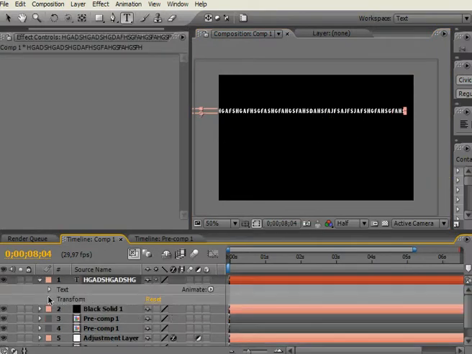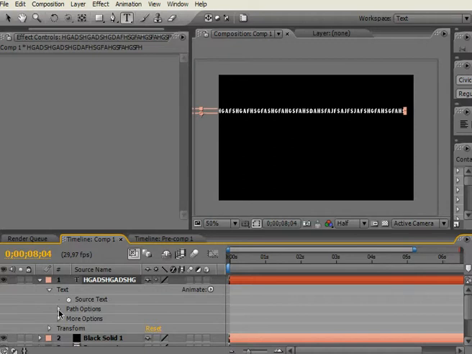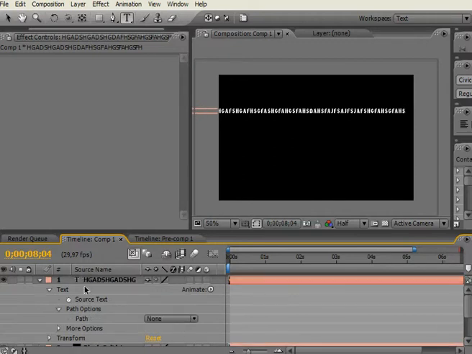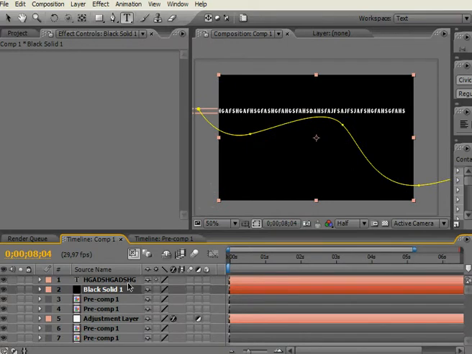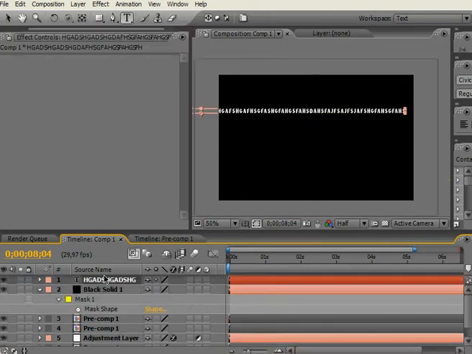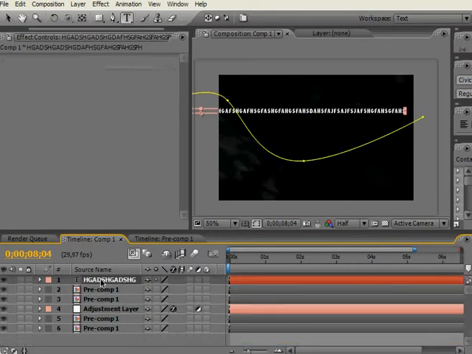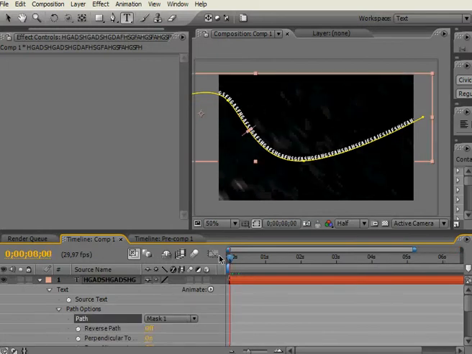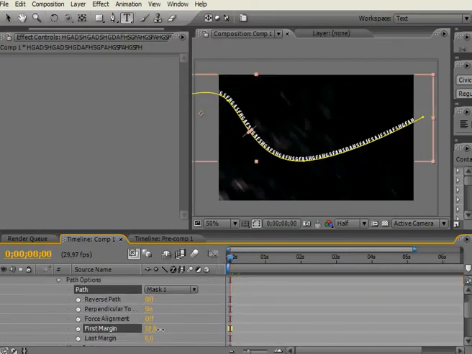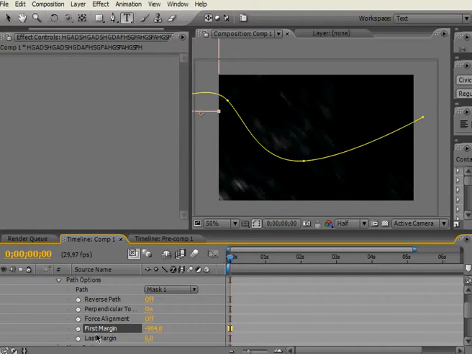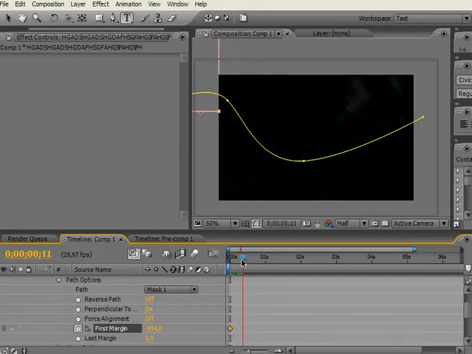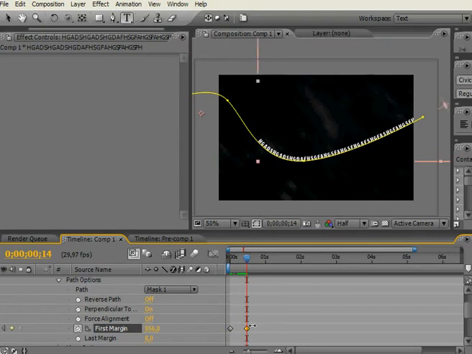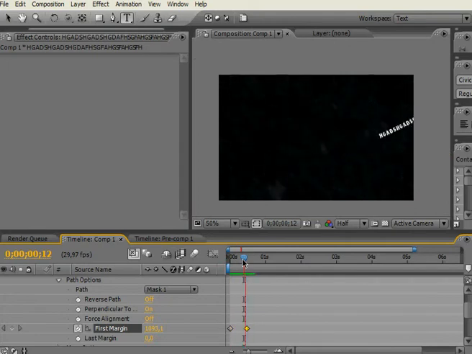Okay, and now we'll expand this, go to text, I think, yeah, path options, choose, we'll go on this black solid, press M and copy that and paste it here, delete that and choose the mask one. Okay, now we'll do that right there and click a keyframe. Let's go right here, something like that. So if we see that, just text